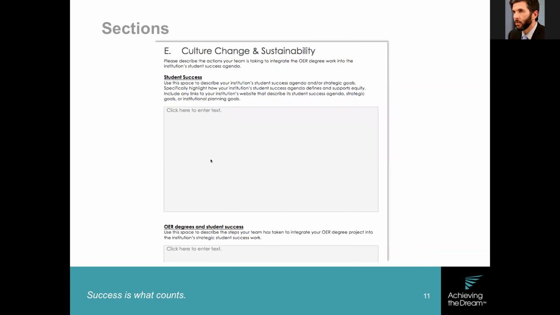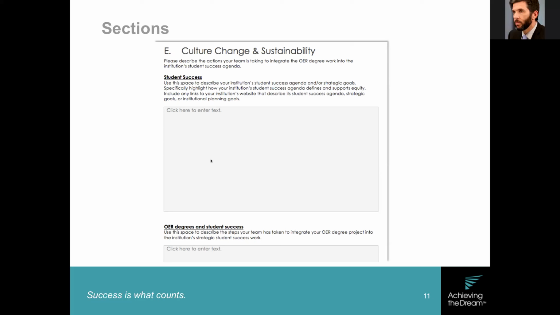All right, the next section is on culture change and sustainability. These are big, maybe 30,000 feet questions, but again, it's really important to start addressing these at this point in the project if you haven't already, to think about this grant less as a three-year window and more as an R&D effort for creating an OER degree and making it part of your institutional work. It's tough, but the first question is around student success, and